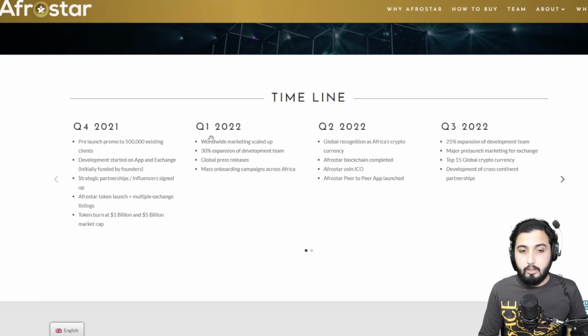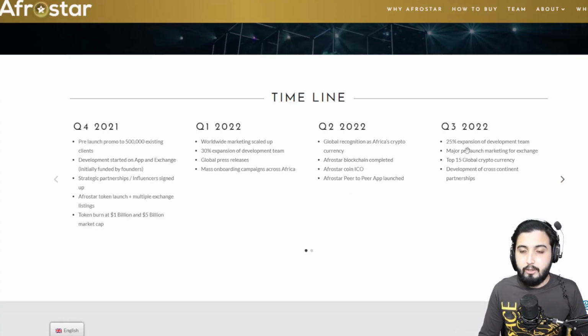token. In Q1 of the next year, worldwide marketing scaled up. 30% expansion of development team, global press releases, mass onboarding campaigns across Africa. Q2 of the next year, global recognition as Africa's cryptocurrency. Afrostar blockchain completed. Afrostar coin ICO. Afrostar peer-to-peer app launched. So this will be happening in quarter 2, and amazing, major things will be happening